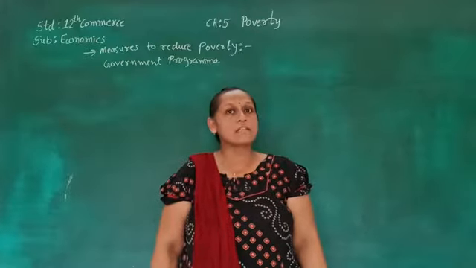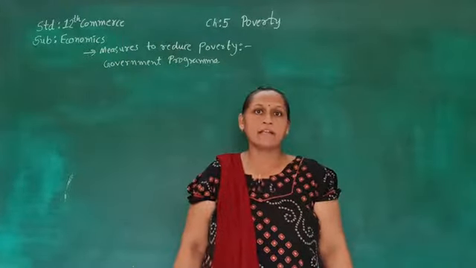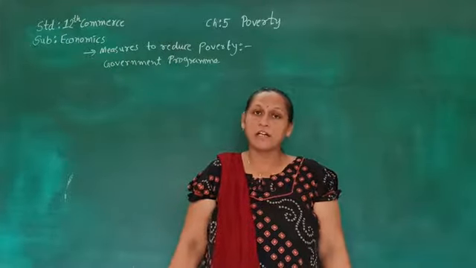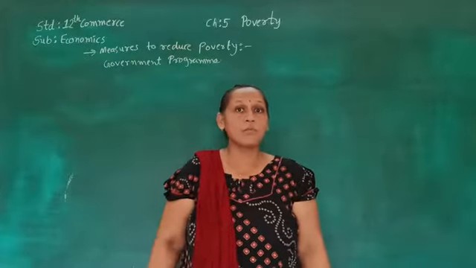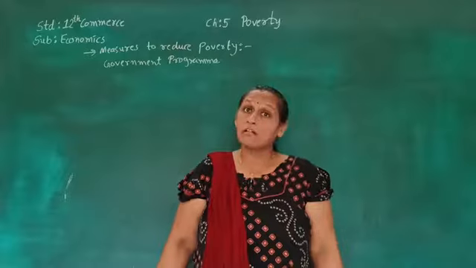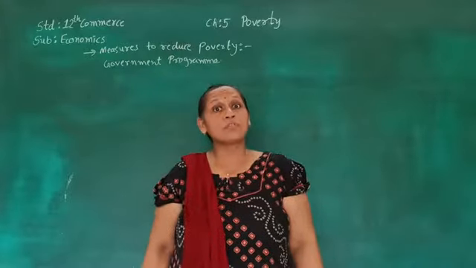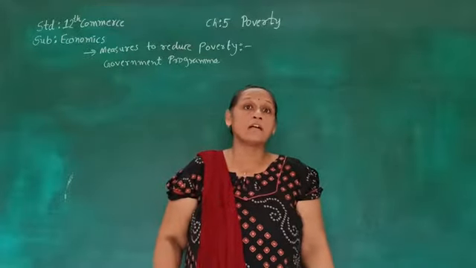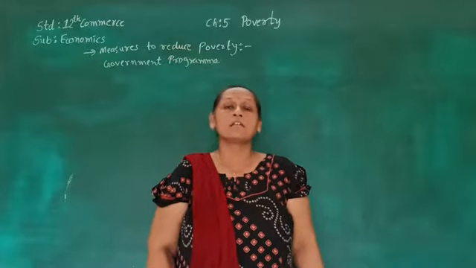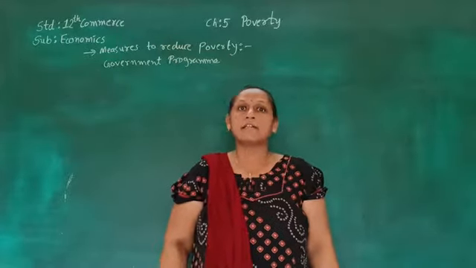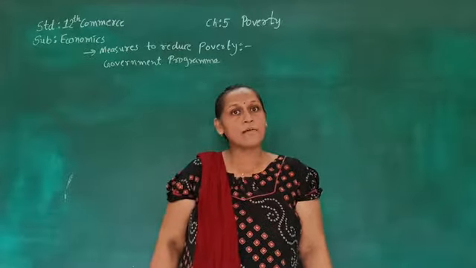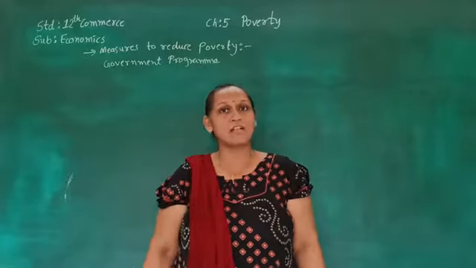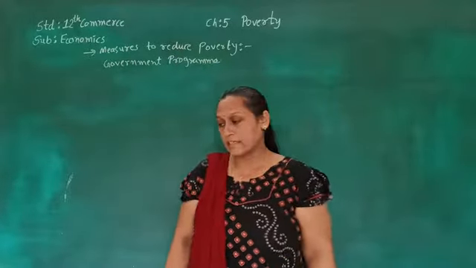The next program was National Rural Employment Guarantee Act. It was formed in 2005. It is also called NREGA. Under this scheme, the people who were poor in rural as well as urban area were promised employment per family for 100 days, and for that construction activity was done throughout the country. It was reformed in 2009 as Mahatma Gandhi National Rural Employment Act. So that is the fourth number,